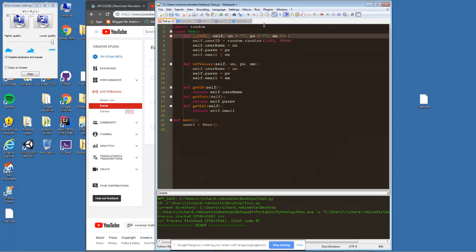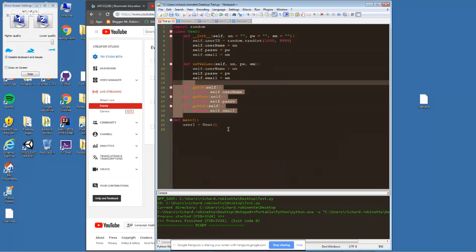So for numerical values, you would use a 0. I use an empty string here. So it's just a default value that's reasonable so that it allows your programs to run without generating errors. So if I ran this and then I started using my getters to print stuff out,